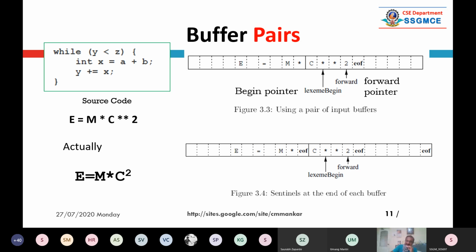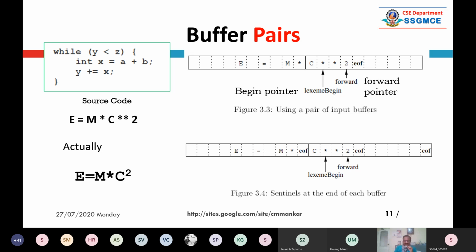See, what is the concept of lookahead? You fill the remaining part of your source code into the second buffer, which starts with C star star to EOF. So the first EOF tells you that this is the end of the program, and then you don't need to read the blank cells. And the last EOF tells you that it is the end of the buffer. So this is the use of a sentinel. A sentinel can be used to tell you the end of the lexeme, as well as the end of the buffer.